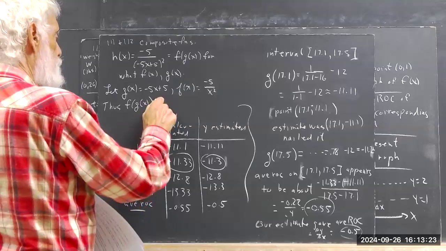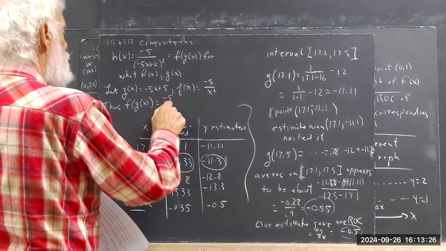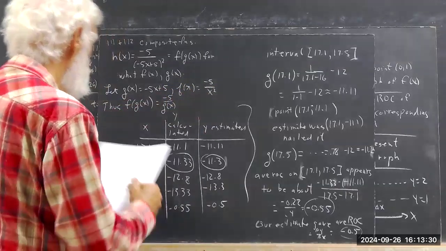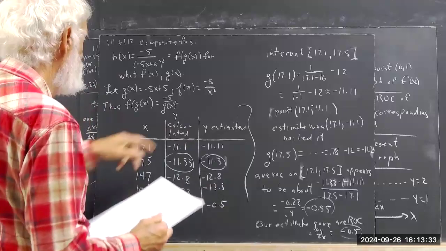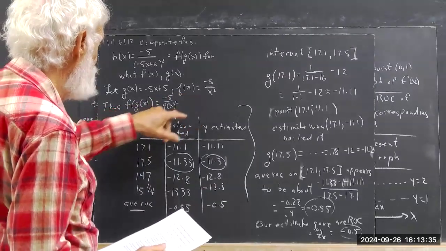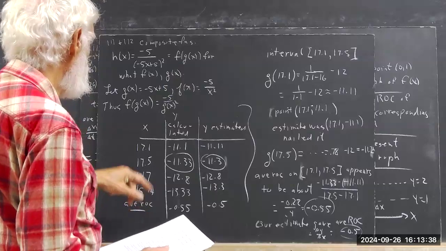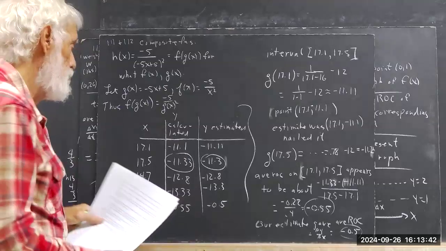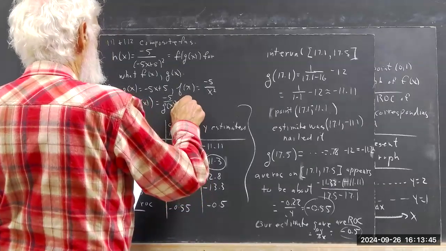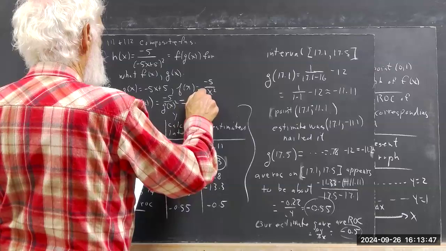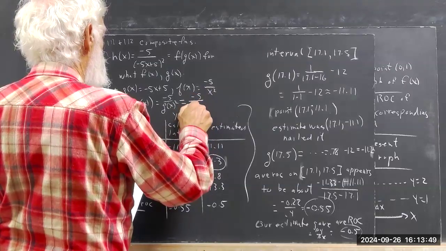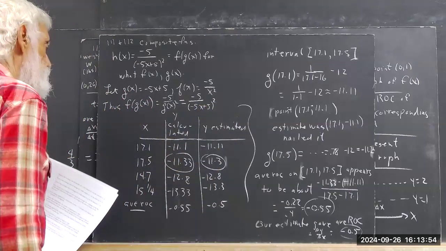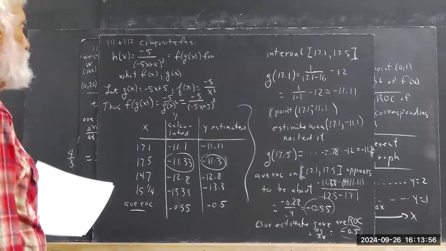Thus, f of g of x is -5 over g of x, because again, if f of x is -5 over x squared, which would be g of x squared. Okay, if f of x is -5 over x squared, then f of g of x is -5 over g of x squared, and that's -5 over the quantity -5x plus 5 squared. Okay. Now you could also say